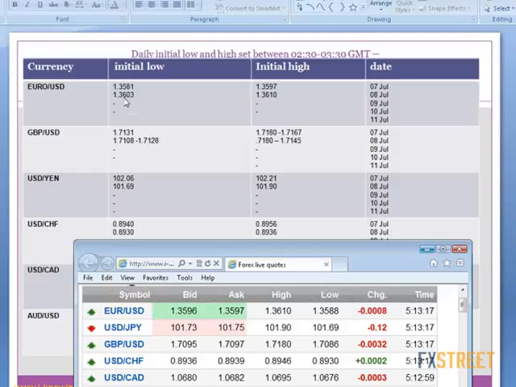But when they breach the initial low and stay below there for more than 30 minutes, we sell below the initial low, or the opposite, we buy above the initial high as a technical trade, and then try to close the position as and when they move the market in our favor. We keep the stop at entry once the position makes about 15-20 pips profit, and then we try to close the position with more profit when they make the downward move. So we try to do a technical trade in the case of Euro because it is staying below the initial low. Then in the case of GBP,